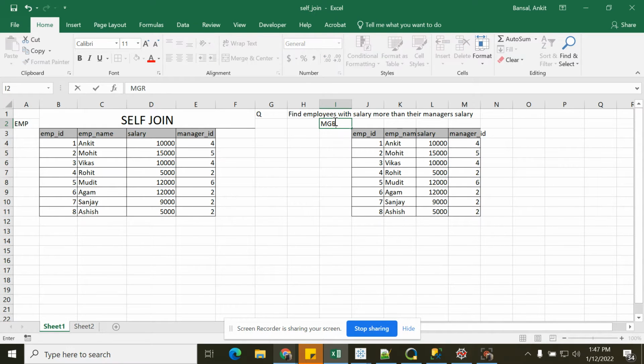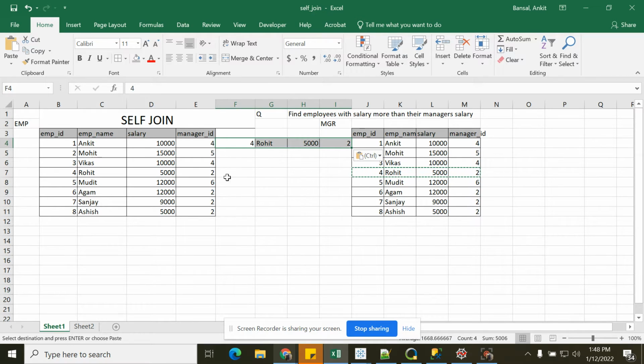Same table, but we are just giving different aliases. So I will join manager ID of the employee table with employee ID of the manager table. So this will be joined to this, right? If I join manager ID to employee ID, this information I can get.